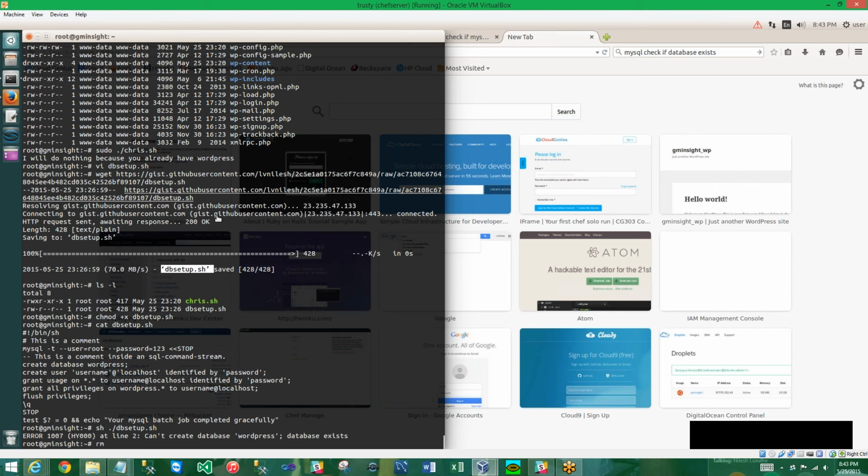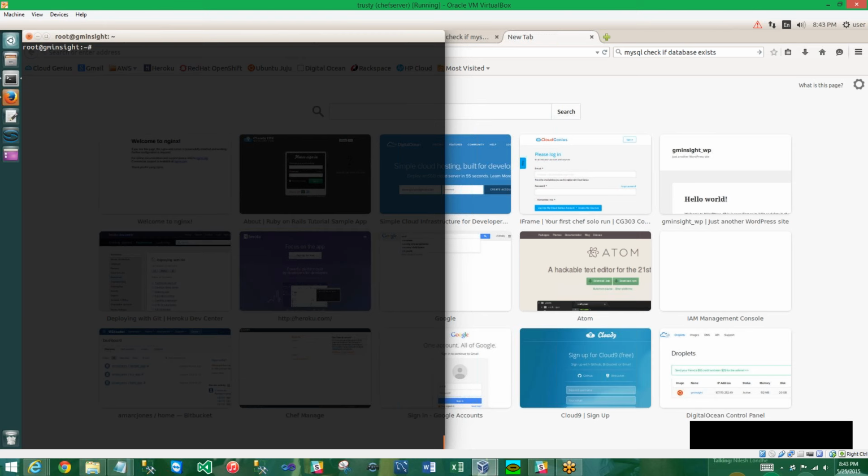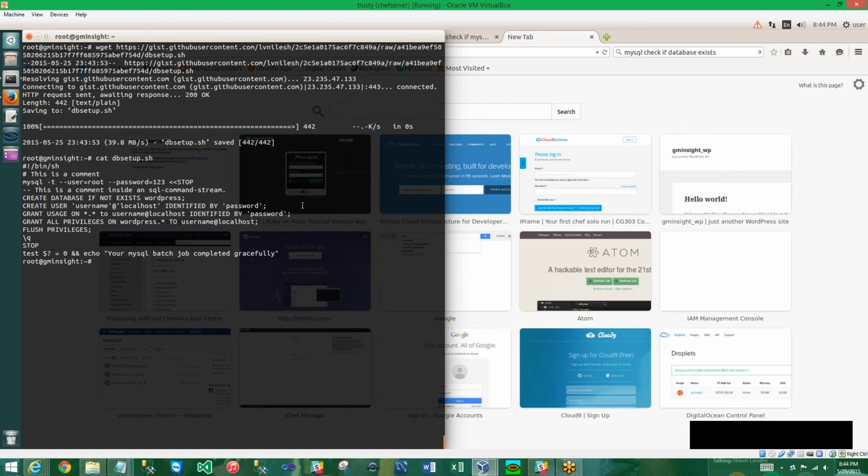And in that DB setup, what I'm going to do is remove it and then get a new version from gist, which is going to be wget, and then paste the raw link. It will download a new version of DB setup. And this, by the way, has a change, in that it checks if not exists WordPress and then runs it. So if you run it like this,